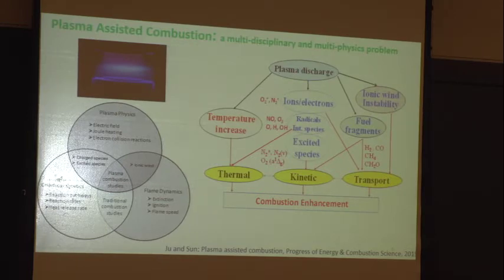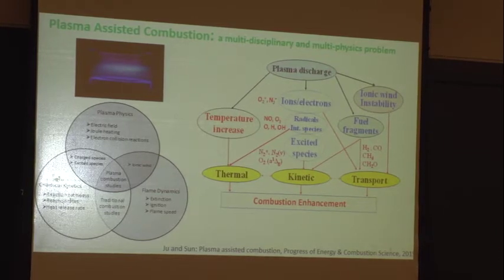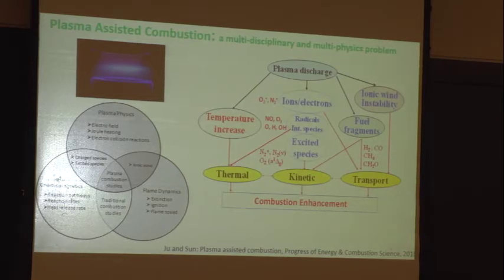It is important because when it comes to flame stabilization, the flame speed on the base of a burner is only 50 centimeters per second, for example. If you can generate an ionic wind of a few meters per second, that can dramatically change your flame stabilization, right? It also changes the mixing between fuel and air, so that it reduces soot and controls instability. So that's the ionic wind effect. This has been well understood. We'll talk about it a little bit later. Not much really needs to be studied.